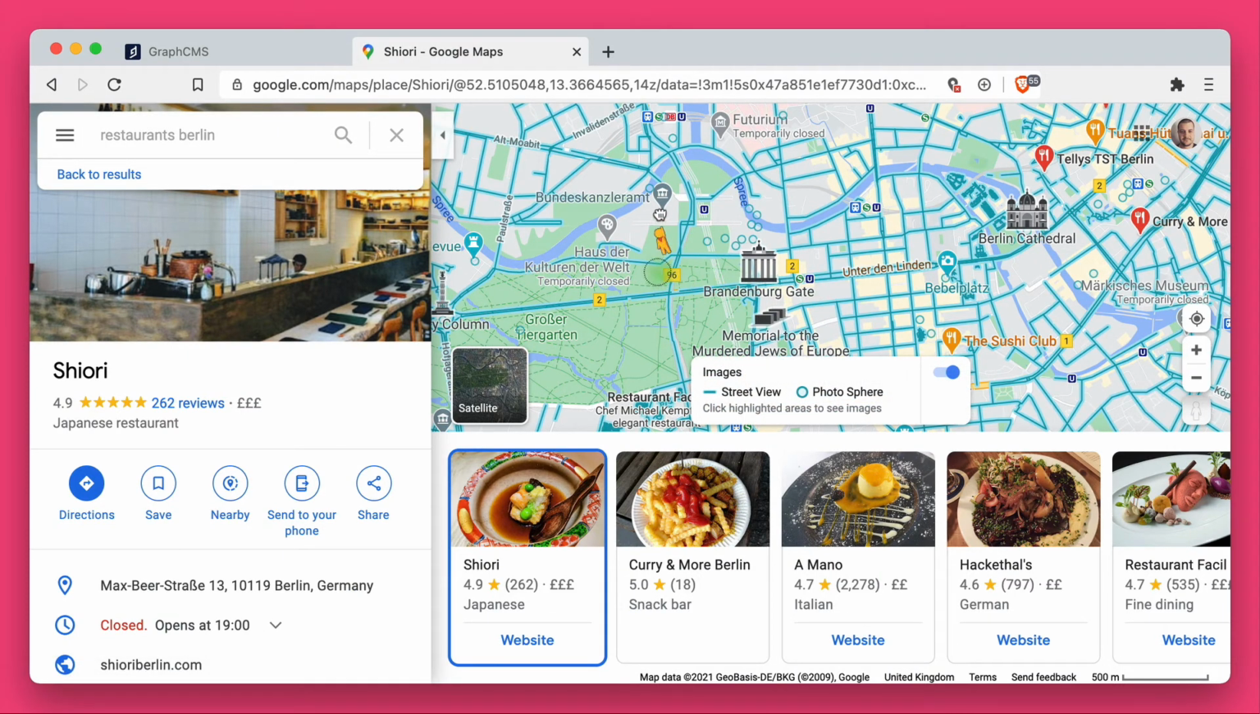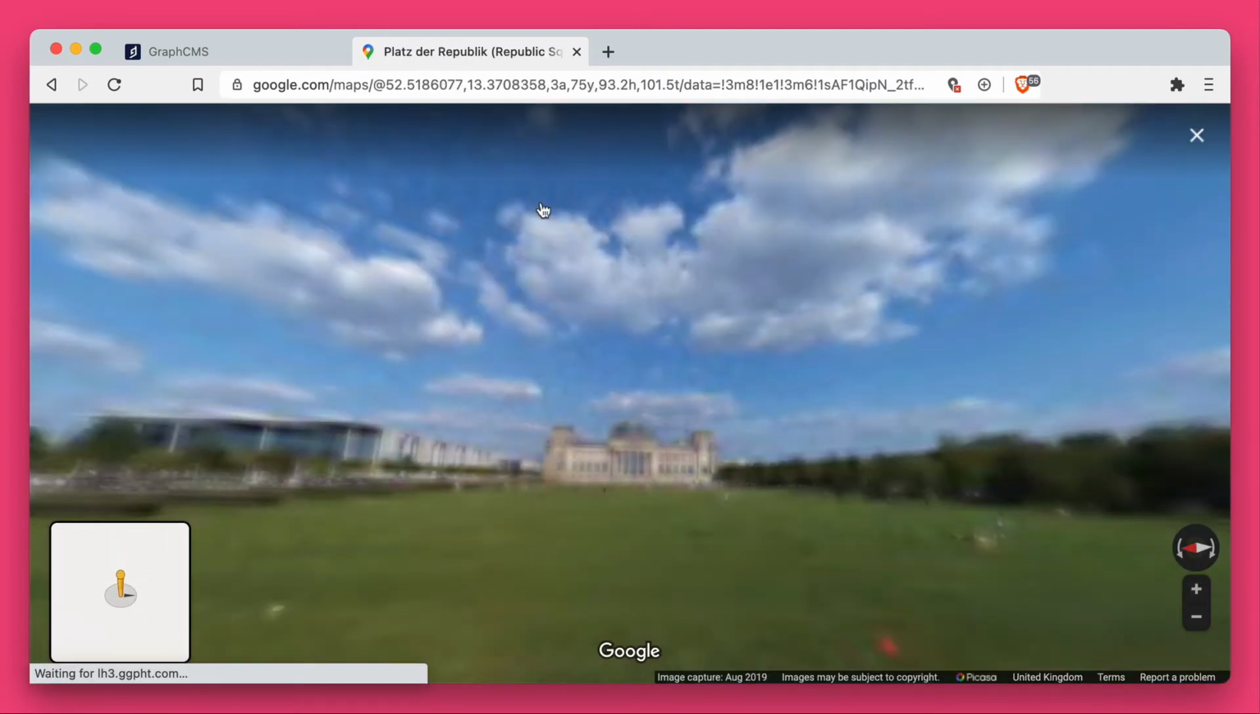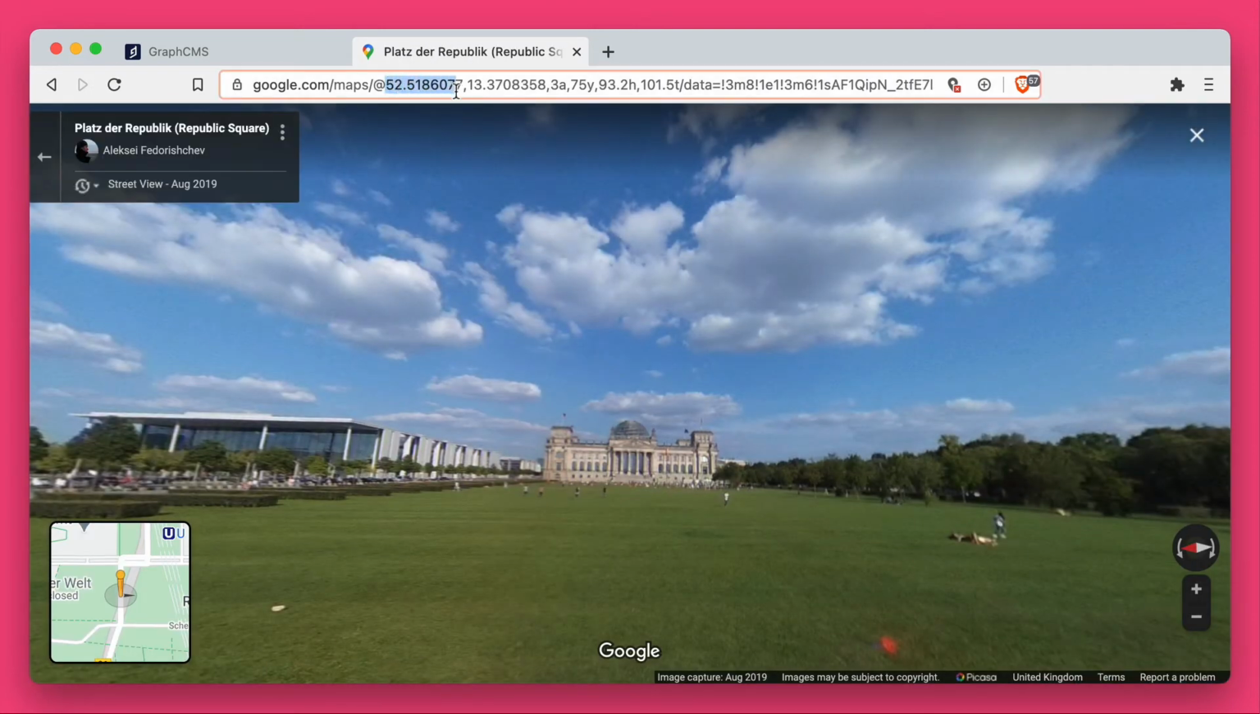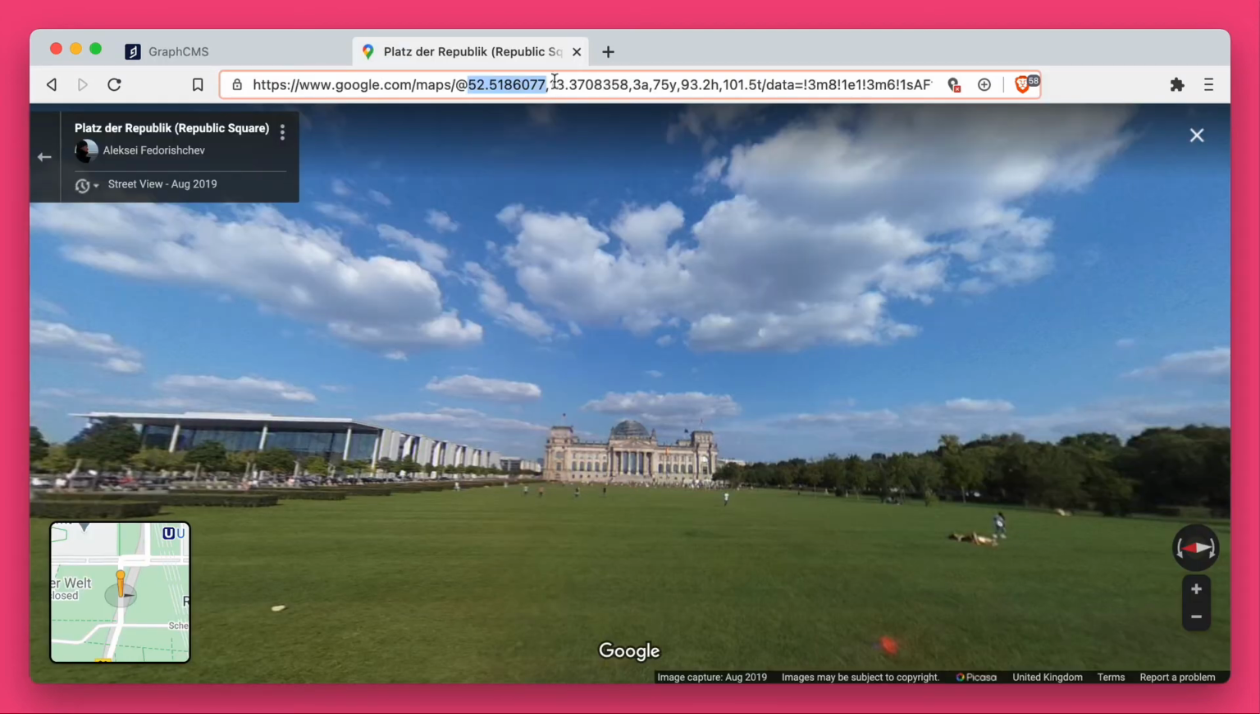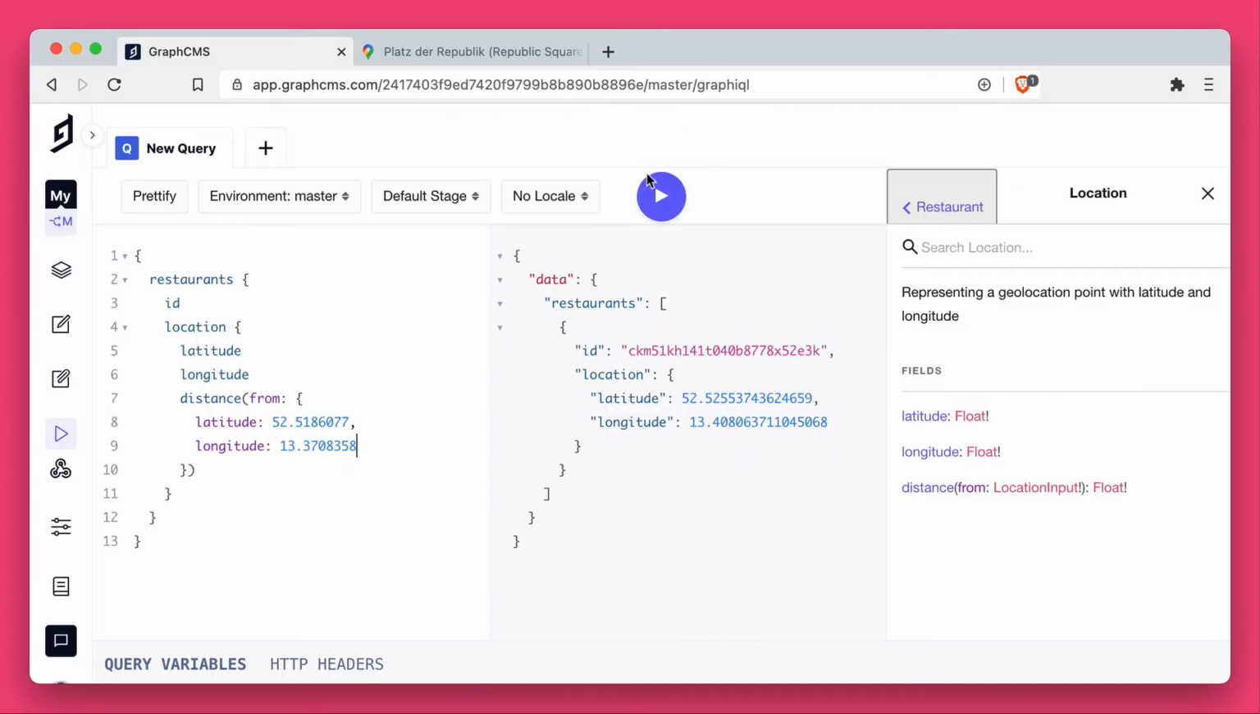distance from that location. So here I'm using Google and I'm just going to pick a random place on the map. And then I'm going to fetch the latitude and longitude of that location and add it to the arguments. Now if I run this query, you can see here we have the distance returned as a float, and this